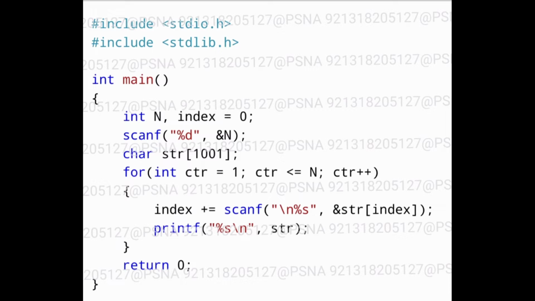So we are given a program in C language and our task is to write a program in Java which performs the same logic. So first let us see what we are doing here. First two integers named n and index are being created and the value of index is set to 0, and then an integer n is accepted as input using the scanf statement, and then a character array named str